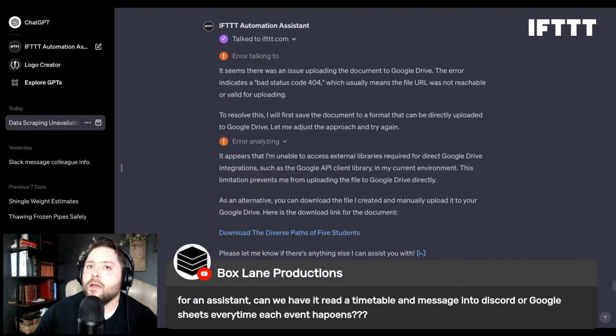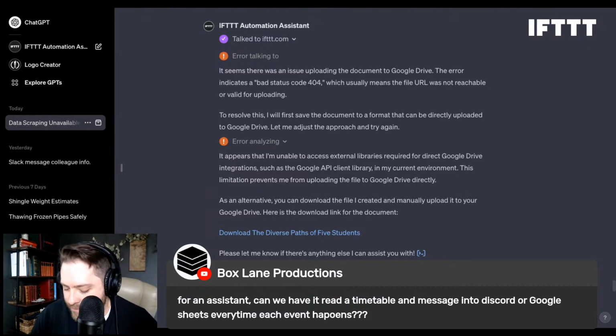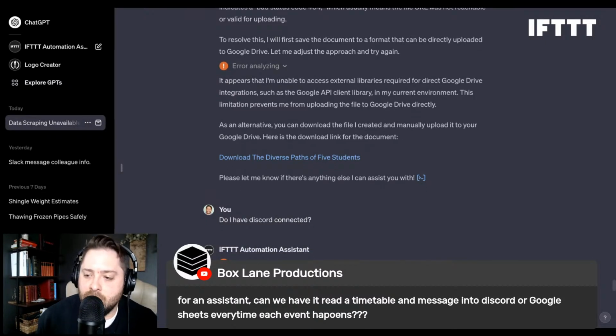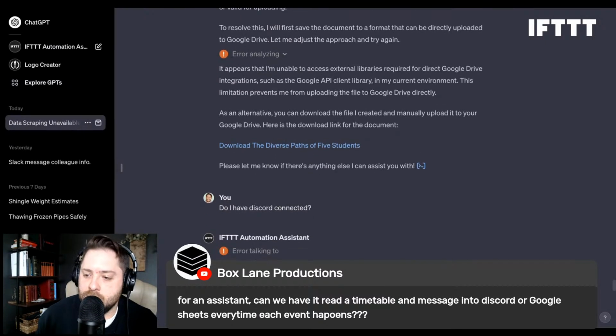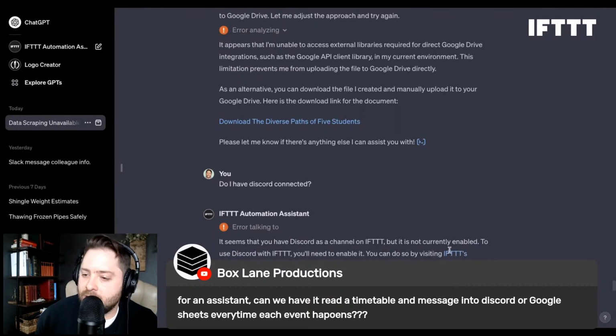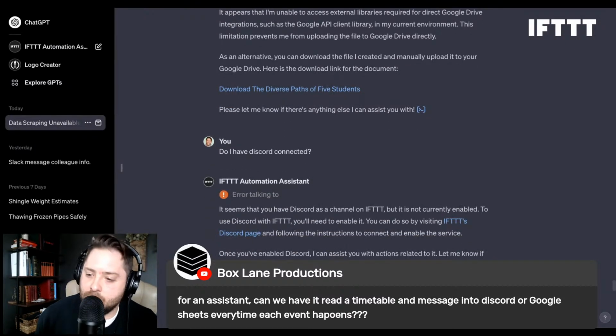Let's say you can definitely message into Slack and Discord, right? Do I have Discord connected? Inside of ChatGPT, I've got my email, but it's not currently enabled. To use Discord, I'd have to go to the Discord page and actually enable it.